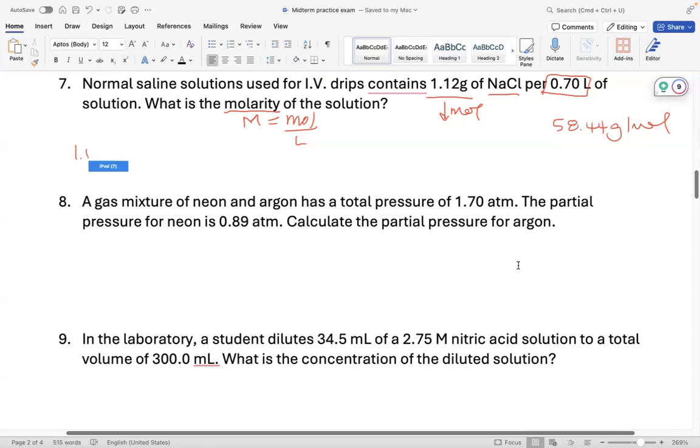So I'm going to start with my given, and I want to get into moles. So I'm going to put my grams on bottom, my moles on top. That means I'm dividing 1.12 divided by 58.44, and I get